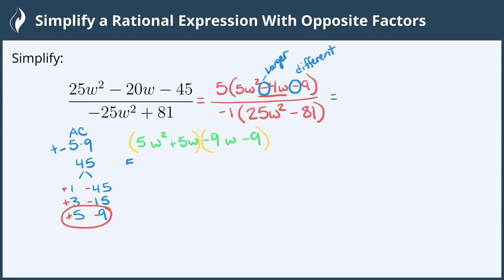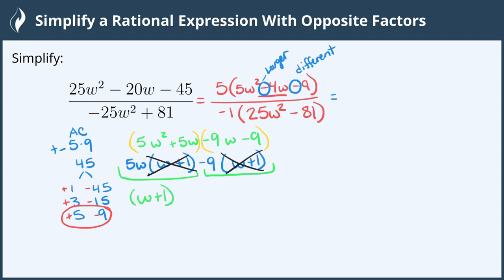The greatest common factor I see is 5w, leaving us with w plus 1. And the greatest common factor of the second two is minus 9 or negative 9, leaving us with w plus 1. Now we look at our two terms and see if there's something in common. And there is. The binomial w plus 1 is in common with both of them. And if we factor it out of both, we're left with